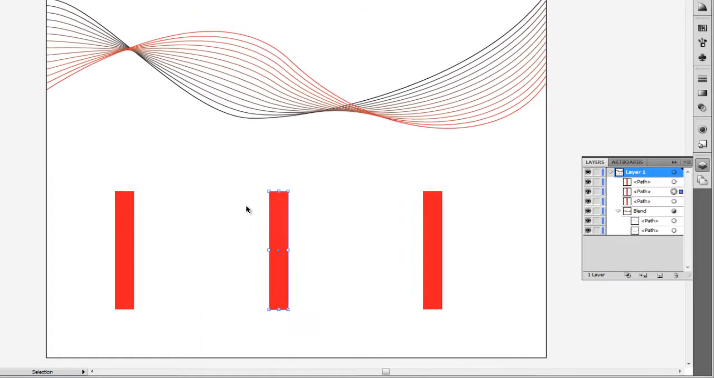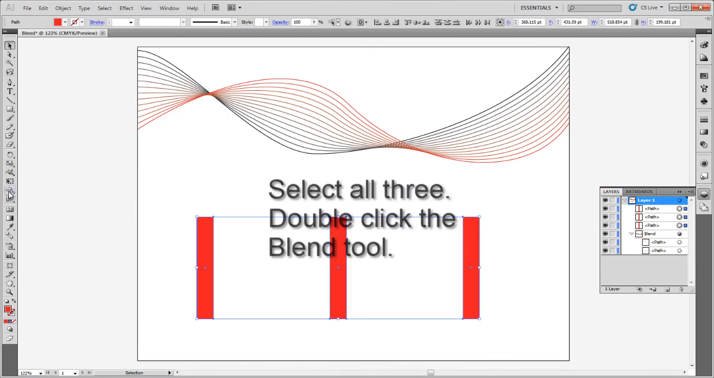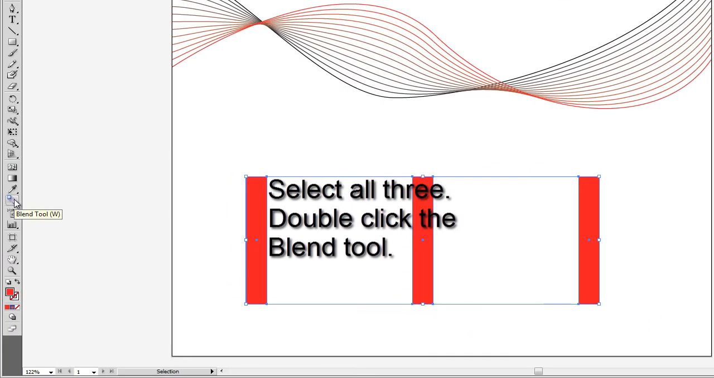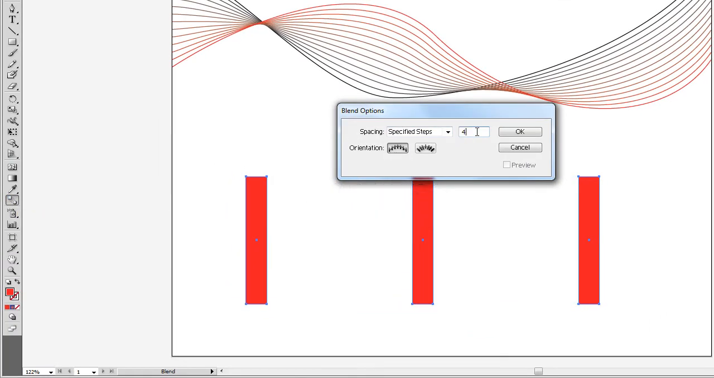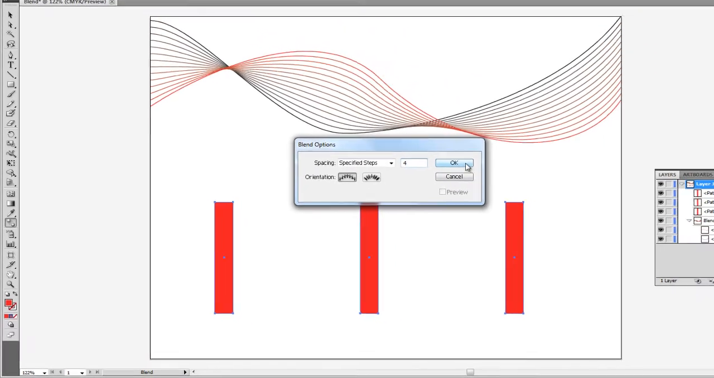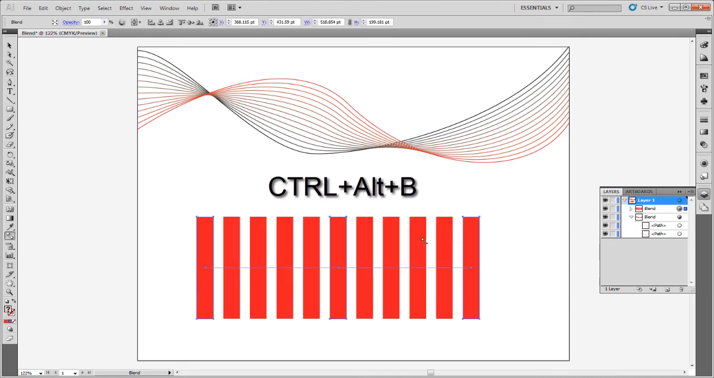Now, I'm just going to grab all three of these. I'm going to get my blend tool again, double click on the blend tool. And instead of specified steps of 12, I'm going to bump this down to 4. I think I'll be able to put 4 in between each of these rectangles. And I'll click OK. Now I can go click, click, and click, or I can do a Control, Alt, B. And now I should have 1, 2, 3, 4 in between, 1, 2, 3, 4 in between each of my original